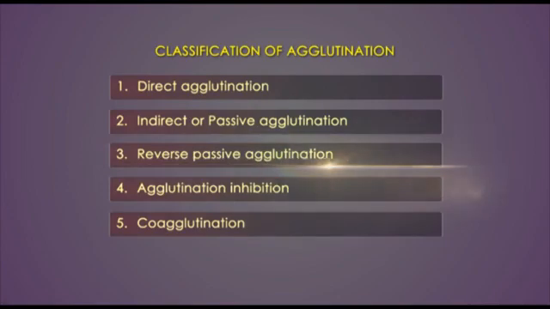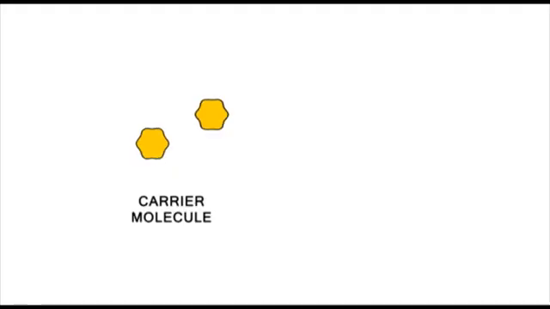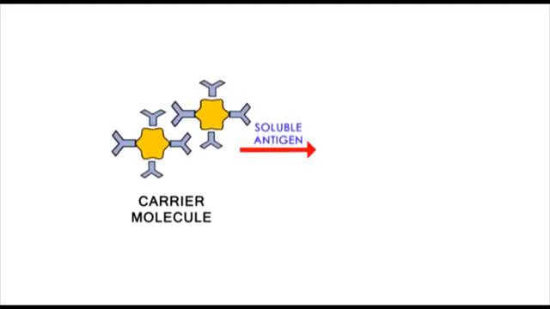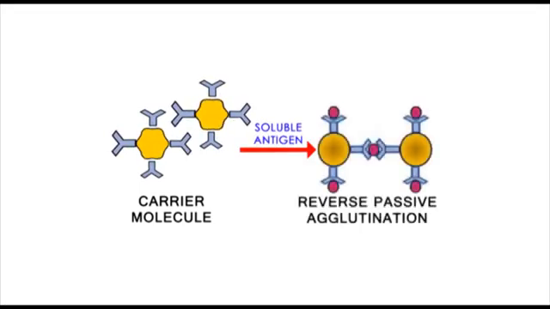Reverse passive agglutination. In reverse passive agglutination reaction, antibodies are coated onto the particles like latex and not the antigens. Antibodies are coated in such a way that the antigen binding sites protrude outward and the Fc site binds to the particles. Then the test samples containing the antigens are added and agglutination is observed. It is also a sensitive method to detect antigens present in test samples. It is used in diagnosis of various bacterial and viral infections.